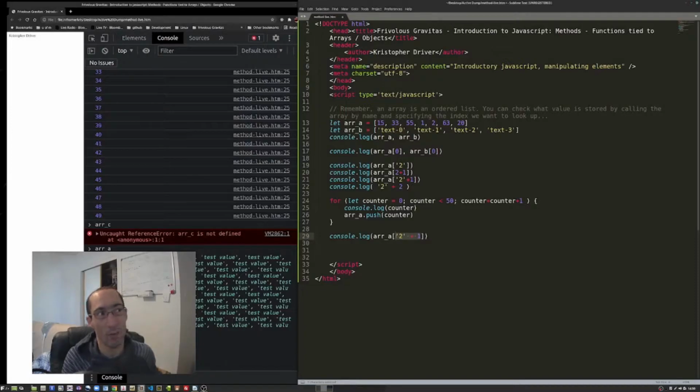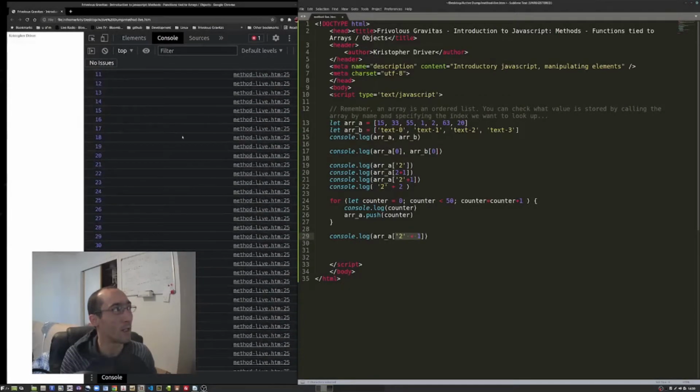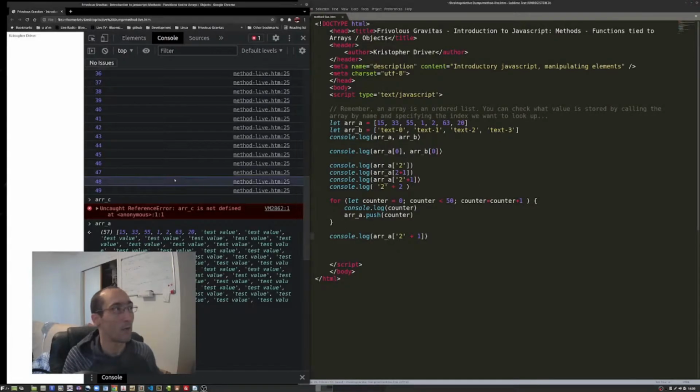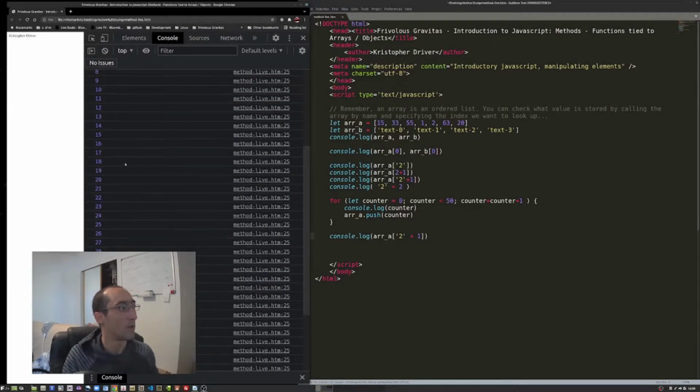It's going to put that 21 into this index finder and try to match up 21. Index 21 does exist now because we used our loop to add a new element 50 times to that same array. So now when we console log this out, assuming there are no errors,